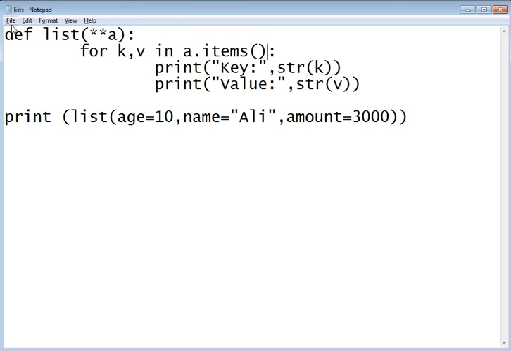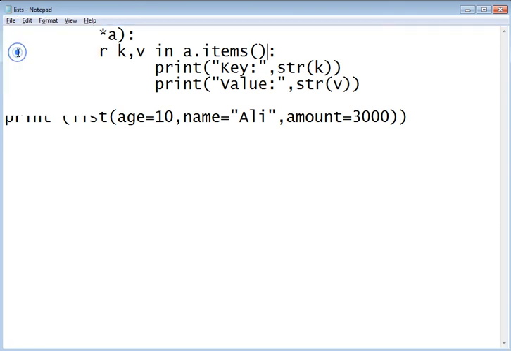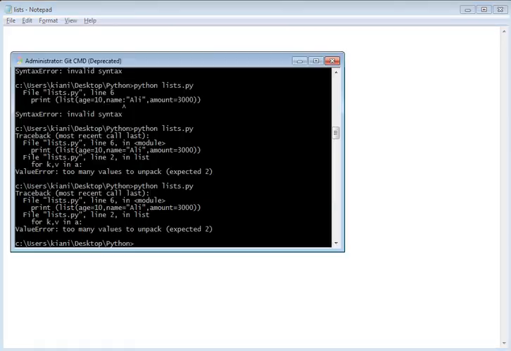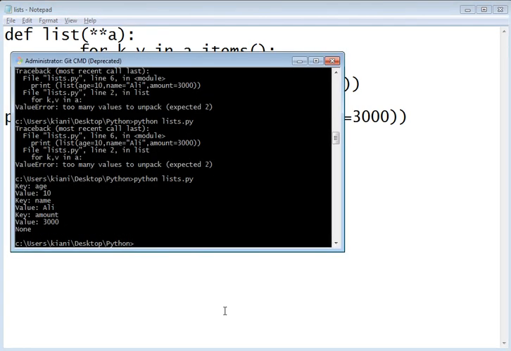Save, and we have this, okay, expected 2. This is K, this is V. We have amount 3000, and there is no error. In A dot items, let's see, save it, and